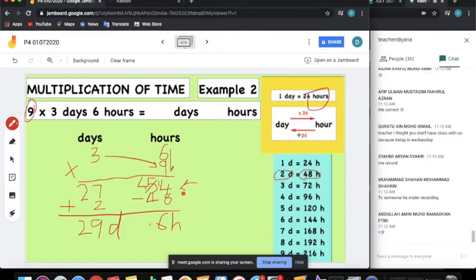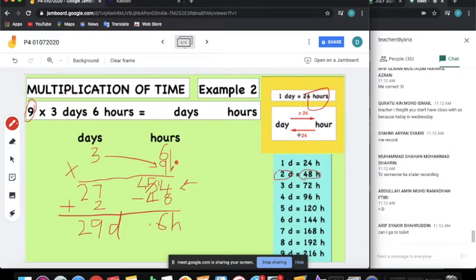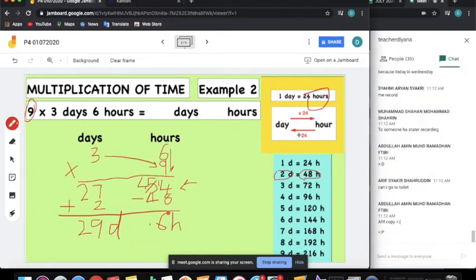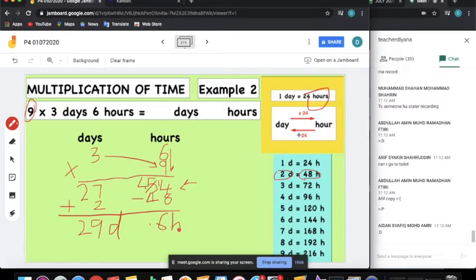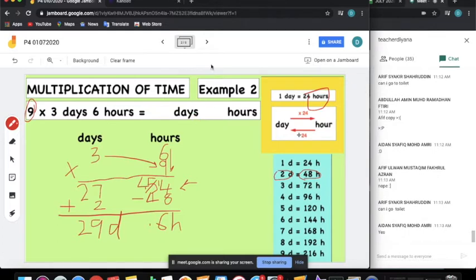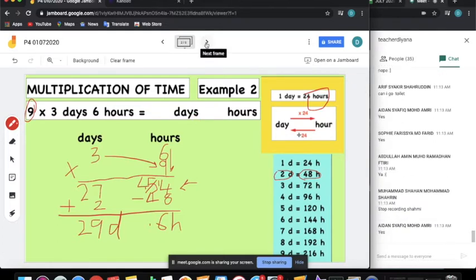Okay, now. So now it's up to you what you want to do, but the most important thing is that you remember and listen to what I say in front. Okay, now everyone, 29 days, 6 hours. Understand or not? Sophie, Ratu, Raina, Amelie, understand or not? Because only the boys check the chat box here. The girls, where are you? Okay, it's up to you, as long as you understand me.